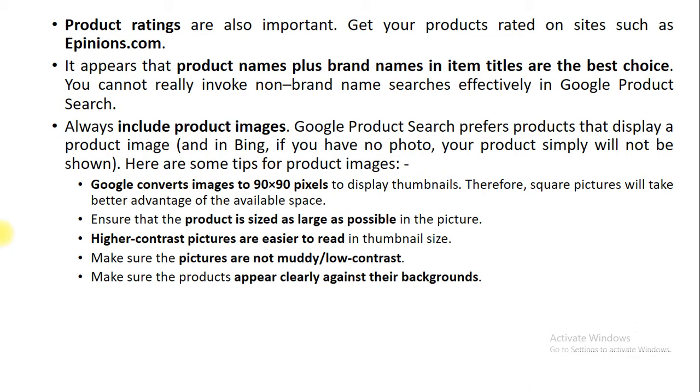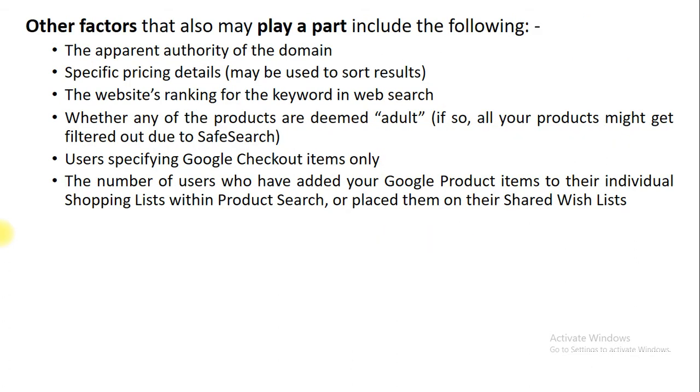Make sure that the product appears clearly against its background, so set the background accordingly. Other factors that may also play a part include the following. Number one, the apparent authority of the domain. That is again another factor which affects picture quality.